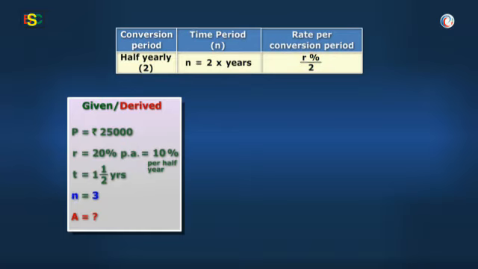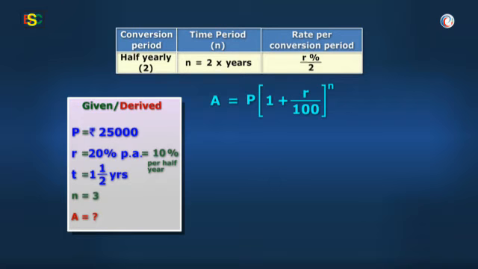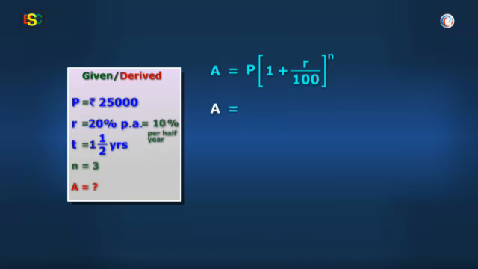to 3. Let's now use the formula A equal to P (1 + R/100) raised to power n. The principal is 25,000, rate of interest is 20% per annum compounded half yearly, and time is 1.5 years. Go ahead, Vidya. Baba, as interest is compounded half yearly, time will become double and rate will become half. So, amount is equal to 25,000 into (1 + 20/(2 × 100)) raised to the power 3/2 into